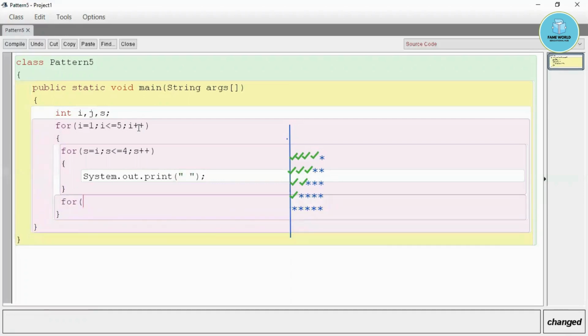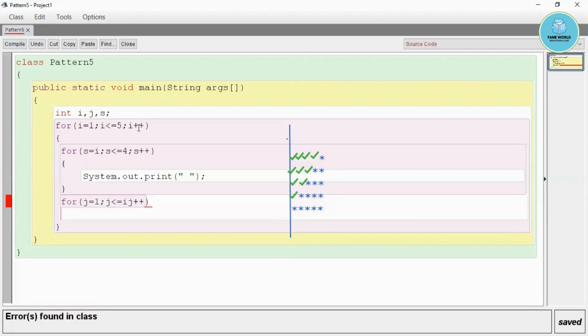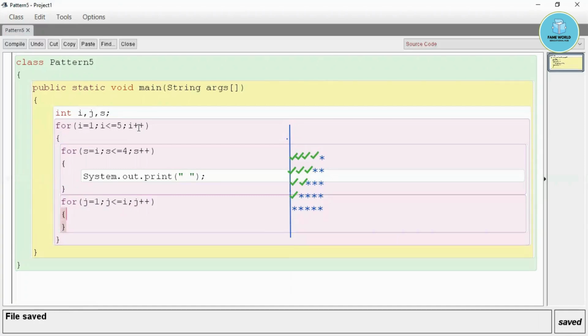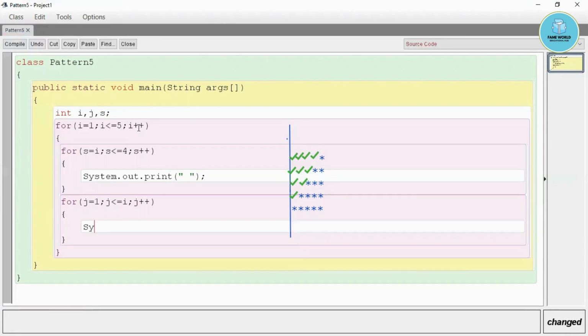Then again we will take the for loop for j, j plus plus, as we have done in the previous example, the one in which we were printing the stars. Similarly, the loop will be nested till i, in System.out.print I'm going to print the j.